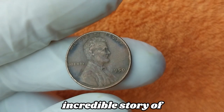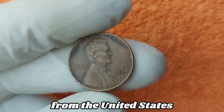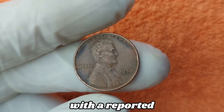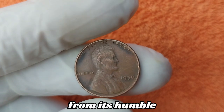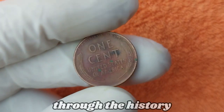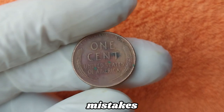We're uncovering the incredible story of a simple yet mysteriously valuable 1950 wheat penny from the United States, a coin that has stunned collectors and historians alike with a reported worth of $62.5 million. Yes, you heard that right, an astronomical jump from its humble face value of just 1 cent, and as we take you on this immersive journey through the history, minting errors, production anomalies, hidden mistakes,